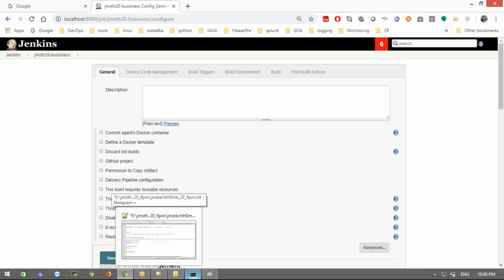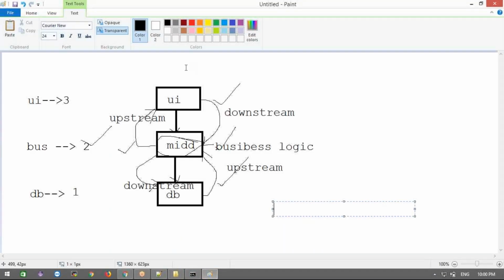Simple. These 3 jobs I want to see in one place. If I click one job, it should run the 3 jobs at a time. I want to see what exactly is going on, which is the failure, which is the success, and what output it is sending, all in one place. I want to create a dashboard with all jobs in one place.